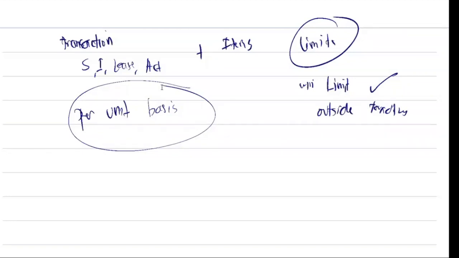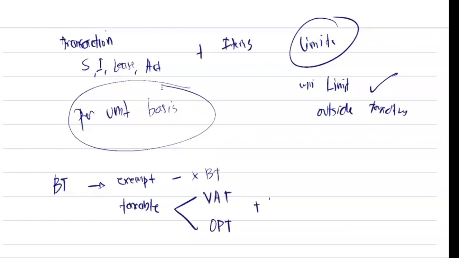Okay? So what is again the rule on your business tax? Let's have a review. The rule is if it is considered exempt, then no business tax. If it is considered taxable, you are either taxed at VAT or taxed at other percentage tax plus excise tax. When are you considered VAT? Again, if you meet your VAT threshold amount of 3 million pesos for businesses, but specifically for your licenses or franchise